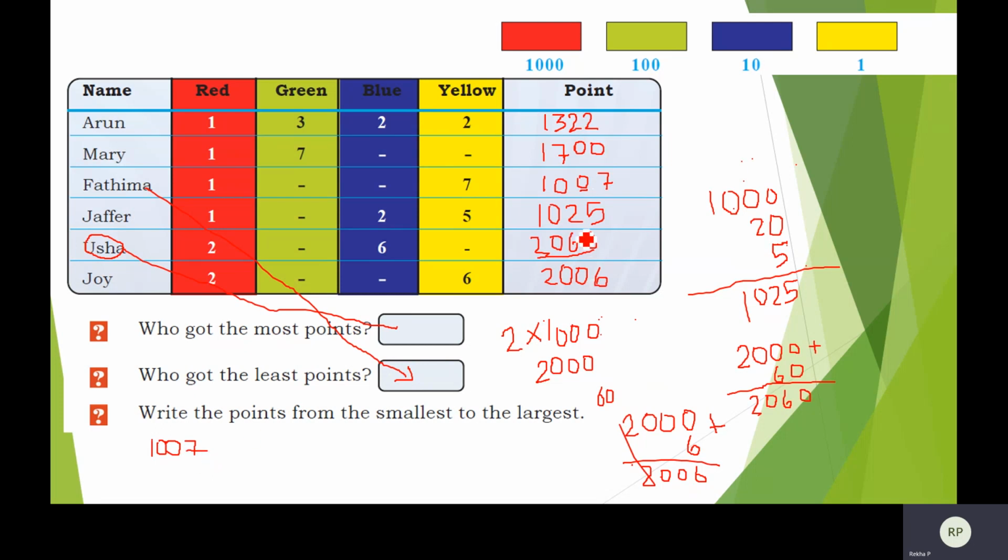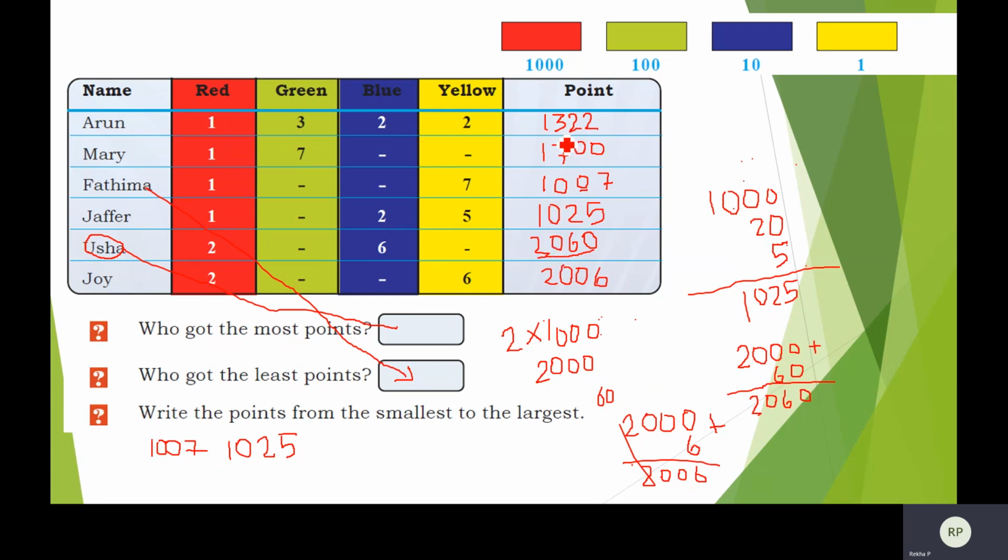So then what do you have to do? Now what is the next one? It's in the hundreds place. In the tens place it is 2. Okay, so which is greater than this one? So this is 1025. Now in both, the first two digits are 10, so these two are done. Everywhere the thousands place is the same for these numbers. Once you are done with these, let's move to 2000.